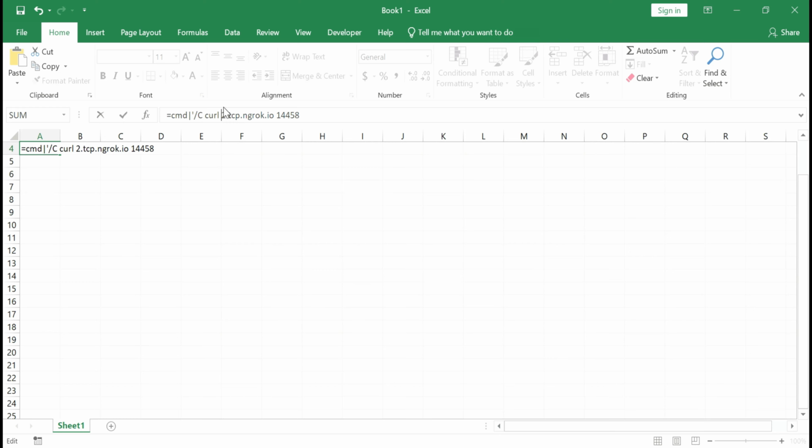Then I have already hosted it using ngrok, so I would be simply providing that particular URL. This is nothing different, so you don't have to bother with it. You have to provide your particular URL where you have hosted your ncat.exe, so that you can download that particular thing. And I will also show you how it will be getting downloaded and how it will work basically. So I will provide the command